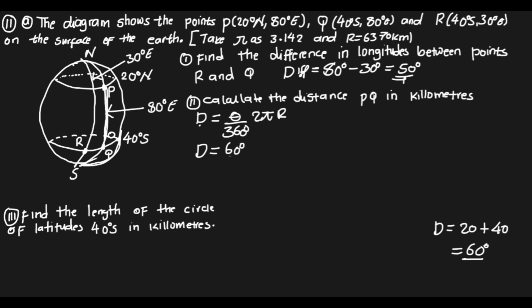So we have 60 over 360 times 2 times our pi, 3.142, times the radius 6370. Now we can do the math. So 60 times 2 times 3.142 times 6370. So I'm getting